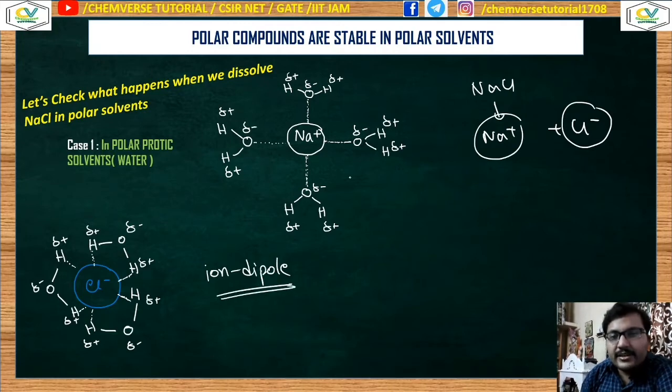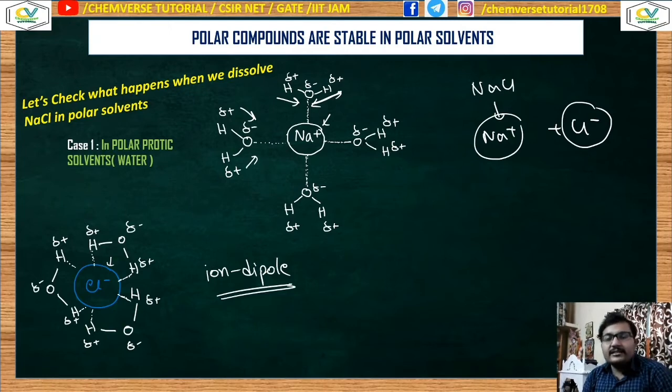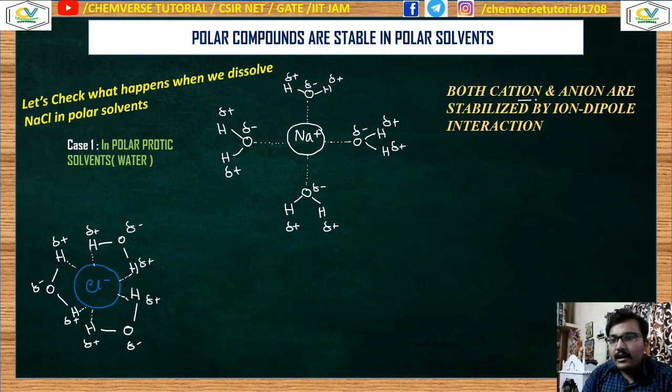Why is it called ion-dipole interaction? Because sodium plus is an ion, Cl- is an ion, irrespective of the nature of the charge, it could be cation or anion. So it is interacting with some dipoles. Look at this, these are the dipoles. This is one dipole pointing towards here. So there are tiny dipoles in the molecule. This is the interaction between ion and dipole, and it's a very stabilizing interaction. So that's why you can see that polar protic solvent can stabilize both the cation and anion. Both cation and anion are stabilized by ion-dipole interaction in the case of polar protic solvent.